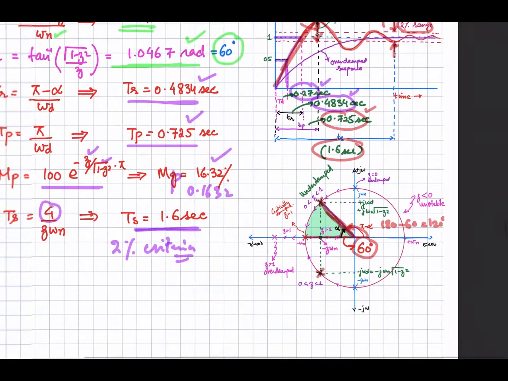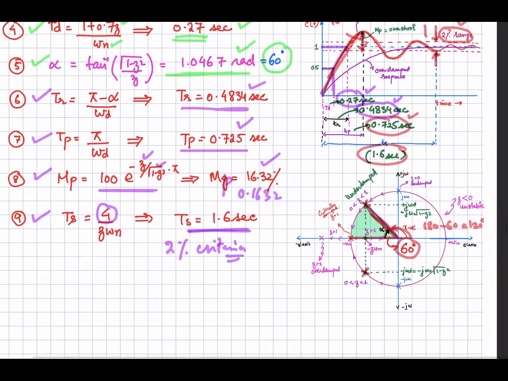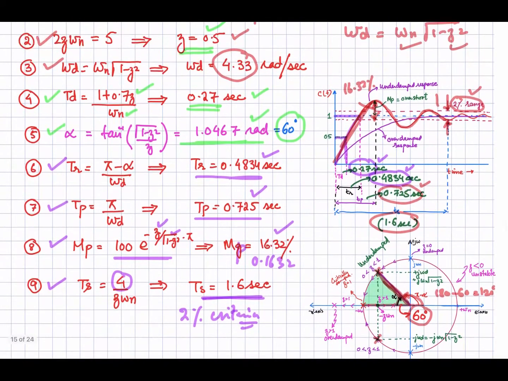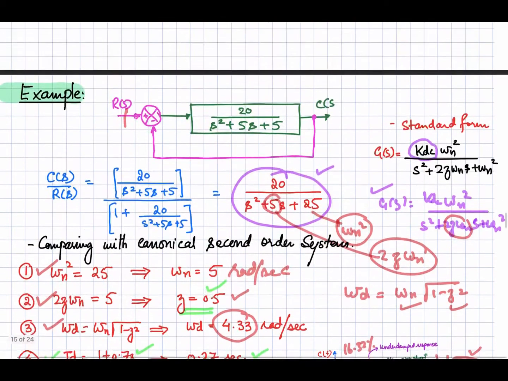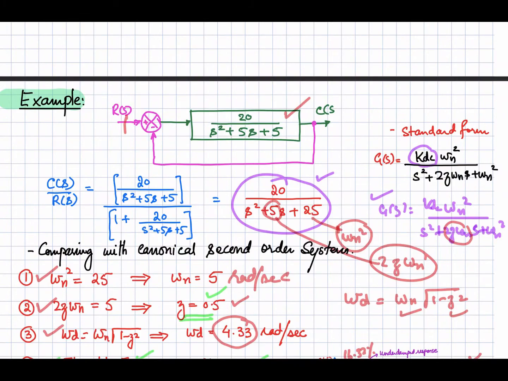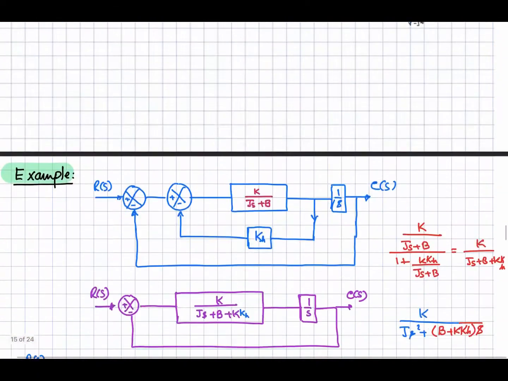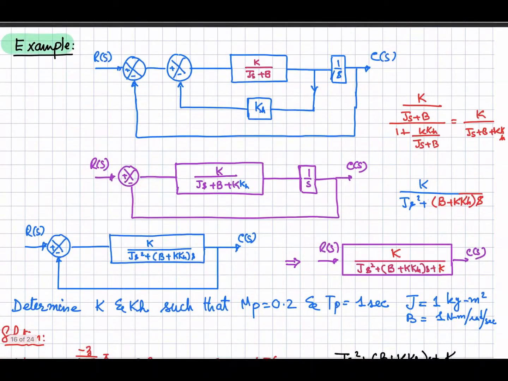So looking at these times and the other parameters, you can easily sketch the response of the system that is given by this transfer function. Okay, now let's look at the other example. The block diagram is given to us. Here is one loop, and then we have the integrator, and then there is another loop, a unity feedback loop.